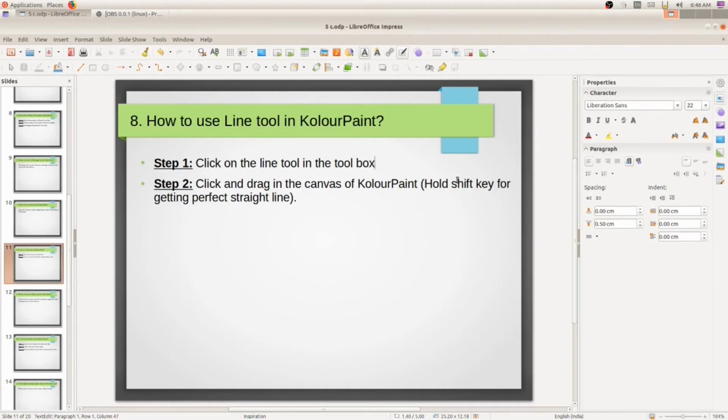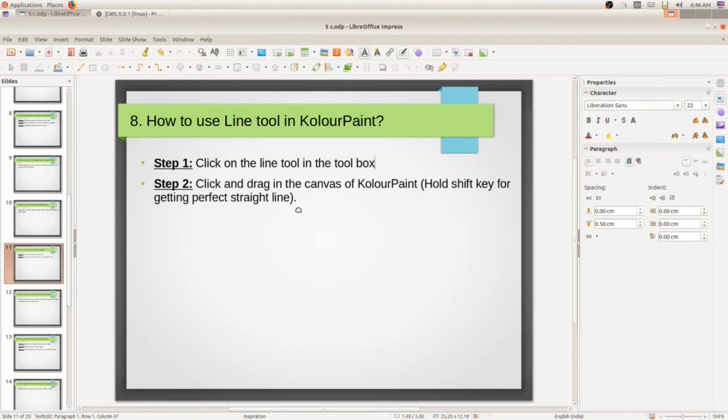I have written in the bracket, while you are clicking and dragging, please hold the shift key in your keyboard. Just press the shift key, keep on pressing, don't leave it, and you click and drag. So you will get a perfect straight line.